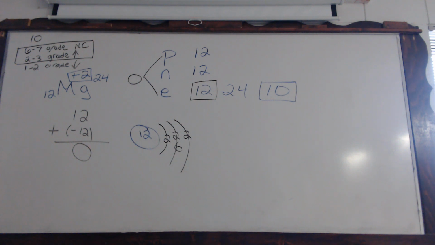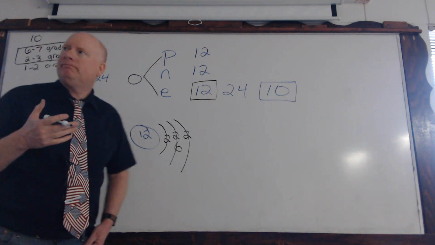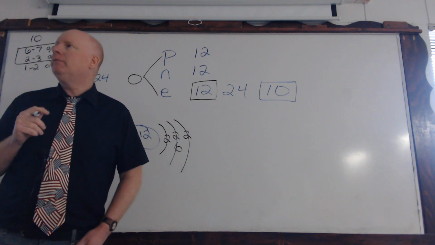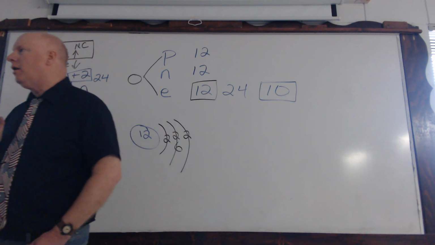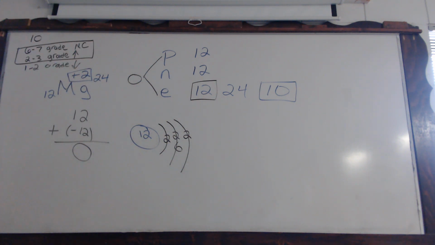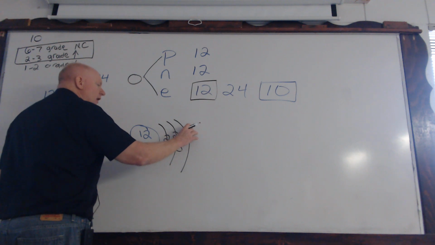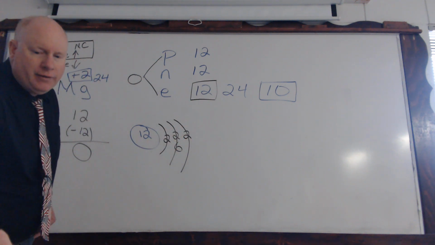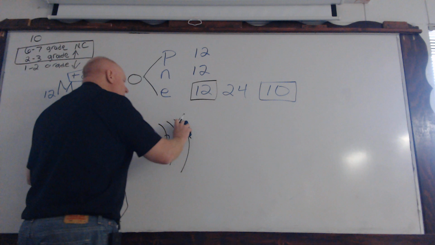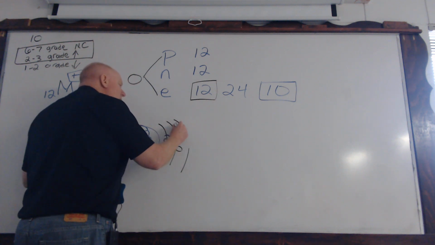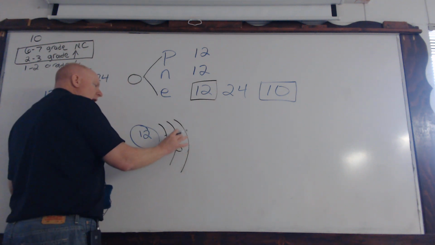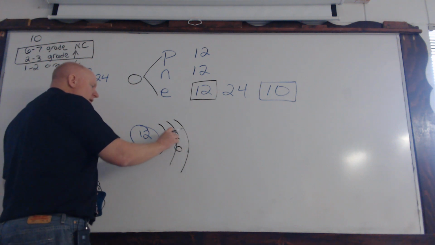Did I say lithium? I think so. Then if you say beryllium, magnesium, calcium, strontium, barium, and radium, those are alkaline earth metals, which means they're in column 2. So the key is it's in column 2. It's got 2 valence electrons. So if that is going to donate or give those away, now what happens when you add these numbers in